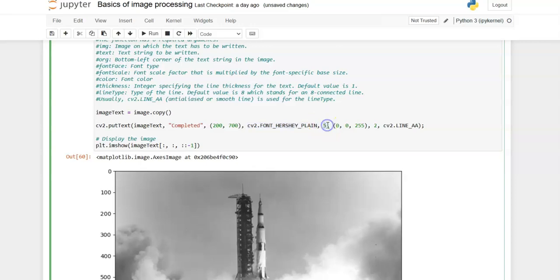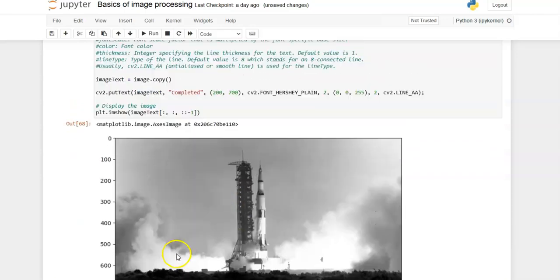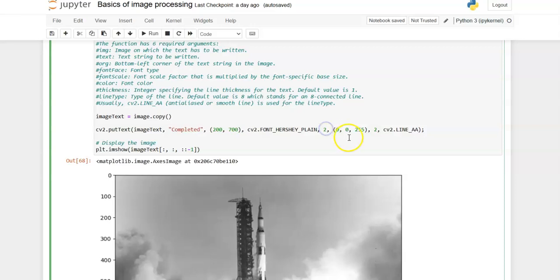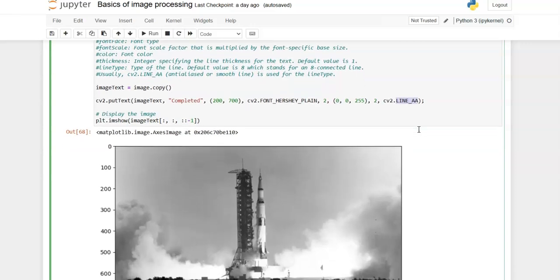And the next one is the font size. So you can increase or decrease it. You could see the size is very small. Okay, so you can give the font size and the color of the font. And here again the thickness, the default value is 1. You can represent some other values also. In line type, LINE_AA, which is the default value, we can have a smooth line here, and